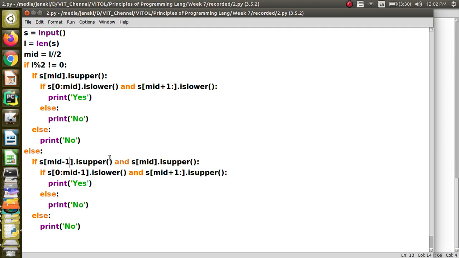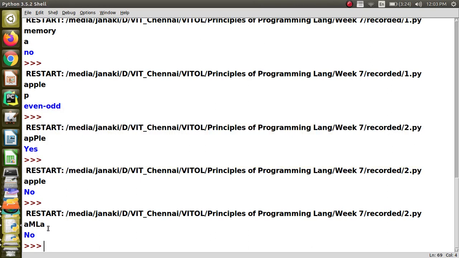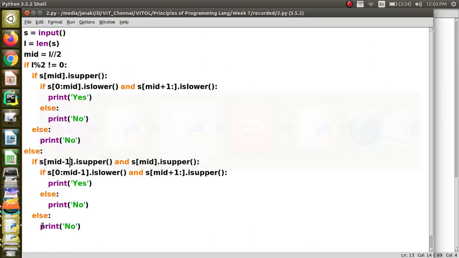So you are checking mid minus 1, right? Mid minus 1 is upper, right? Mid is 2, so mid minus 1 will be upper, and mid also is upper, and then you are checking 0 to mid minus 1, that will be the left part, that is lower, right?